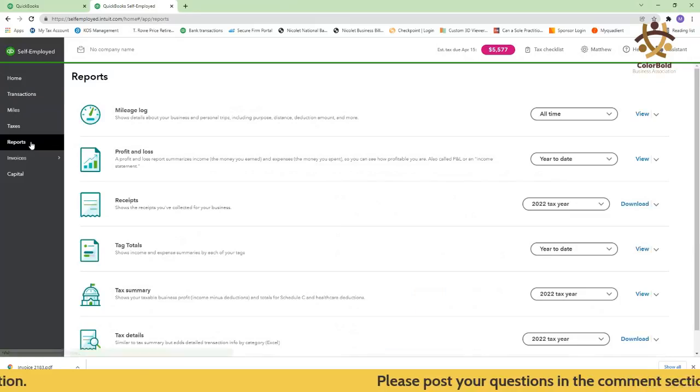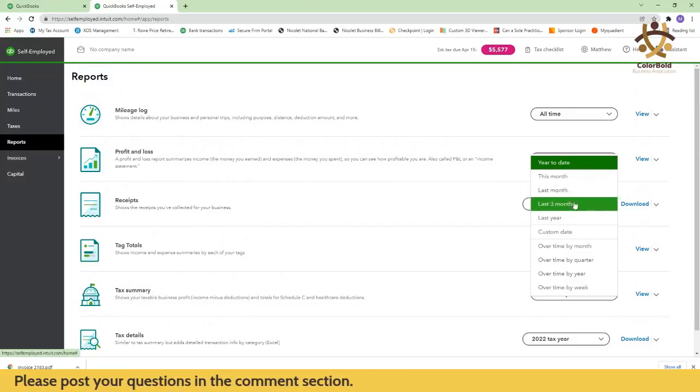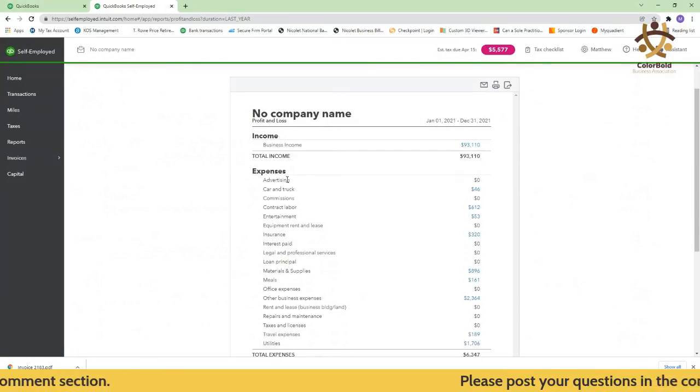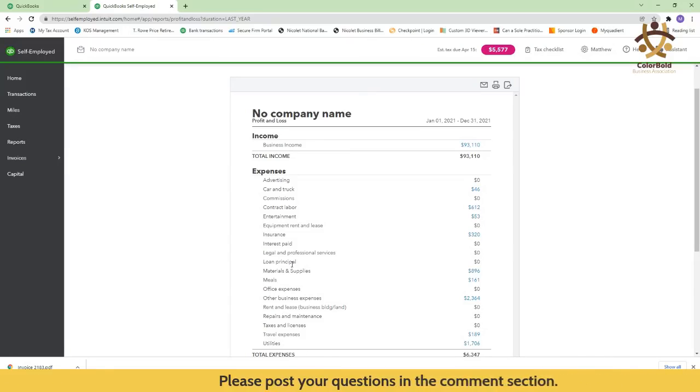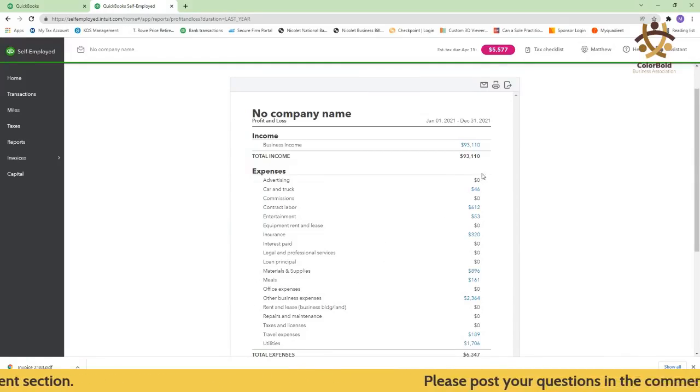When we look at reports, you can see, these are the reports. This is what you get. If I bring up a profit and loss, that's going to show you your profit and loss. And this is geared towards a Schedule C. So these are actually the buckets you'll see on a Schedule C. Other, you usually want to break out a little more. But if you're categorizing into these buckets, it also makes doing your taxes much easier as well.